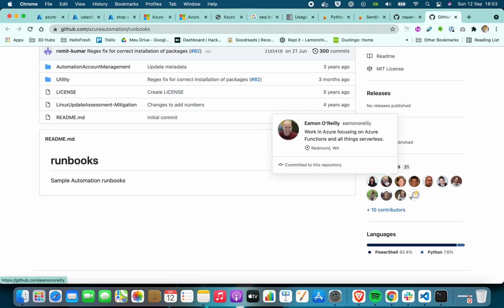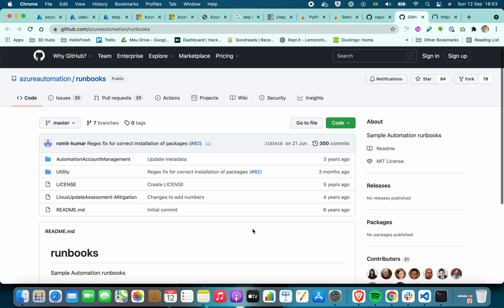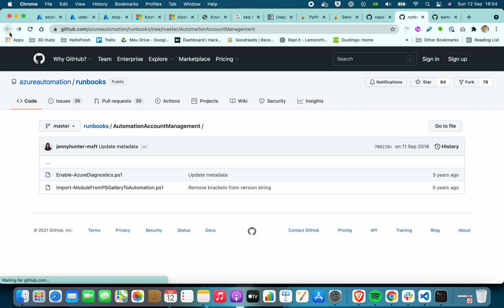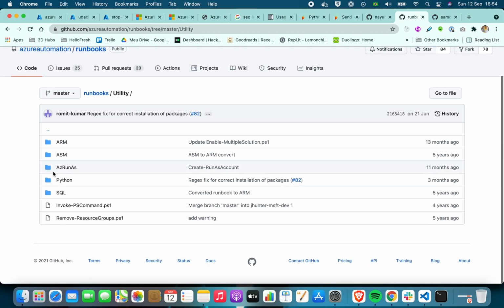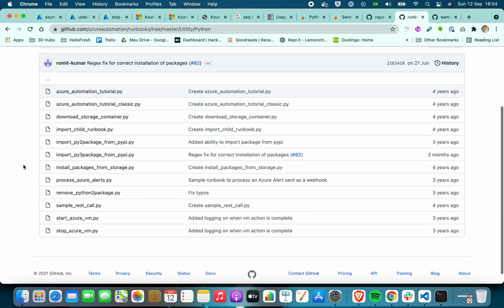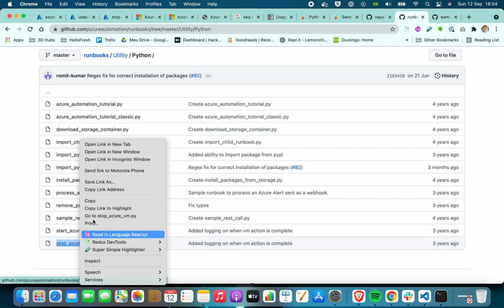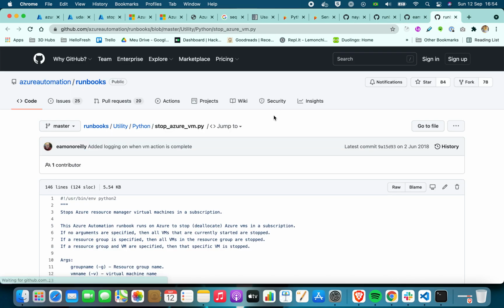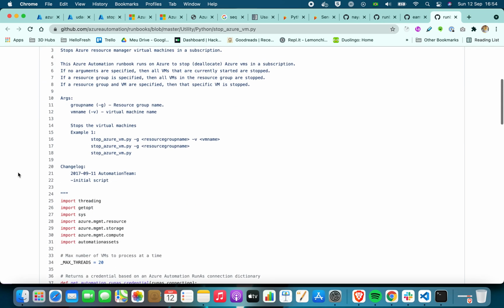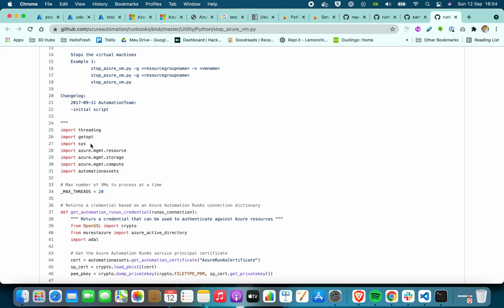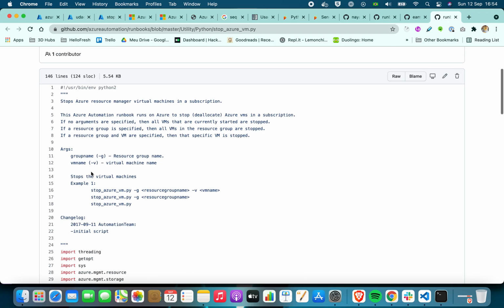Yeah, I think it was written by this guy here, Emo or Hiley. Automation account management utility. Oh yeah, he provides an example with Python. Let me see. Stop Azure VM. And you see there are these special libraries in here, like Azure Management Resource, Azure Management Storage, Azure Management Compute, Automation Assets, and